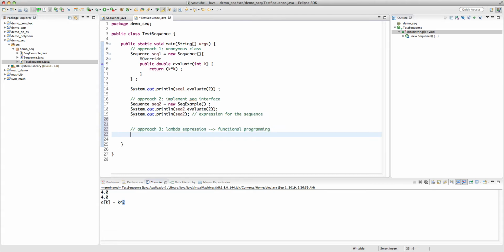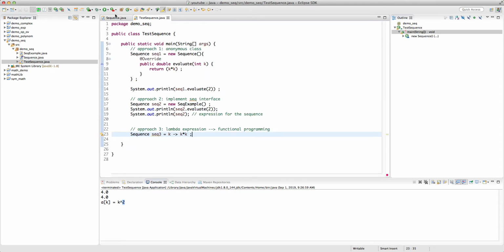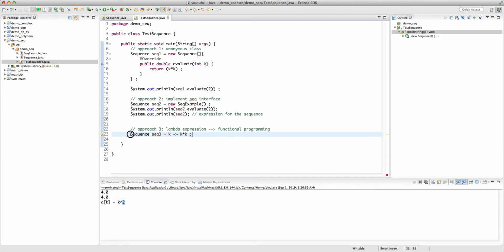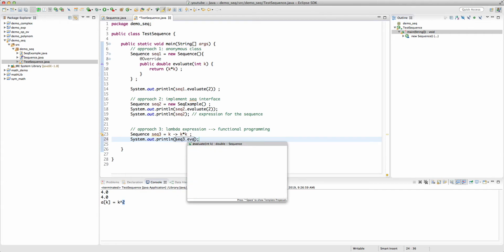And what I mean by that is I can define a sequence, say integer k goes to k times k. Because it's a functional interface, it can only have one abstract method. It can have concrete methods, default methods, or static methods. So k times k, so you understand that the input is k and the output is k times k. And then I do a sysout on sec3 evaluate at 2,